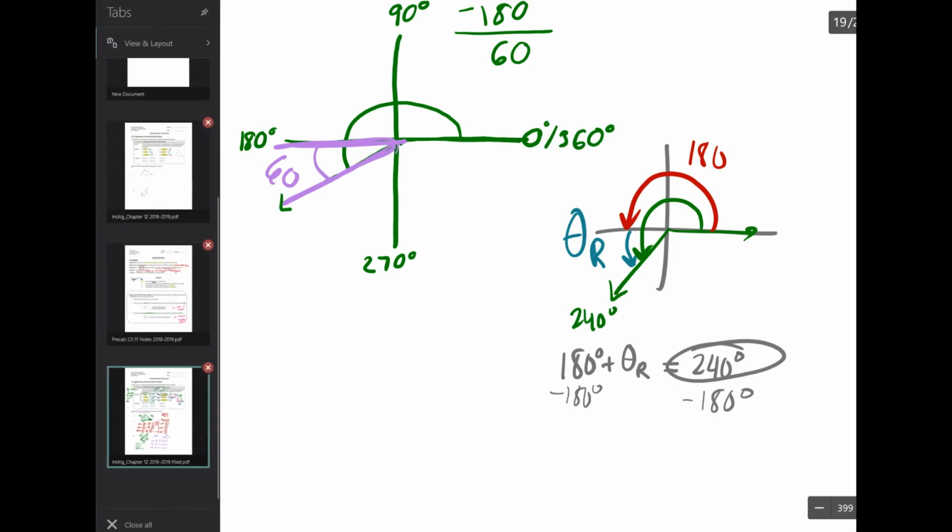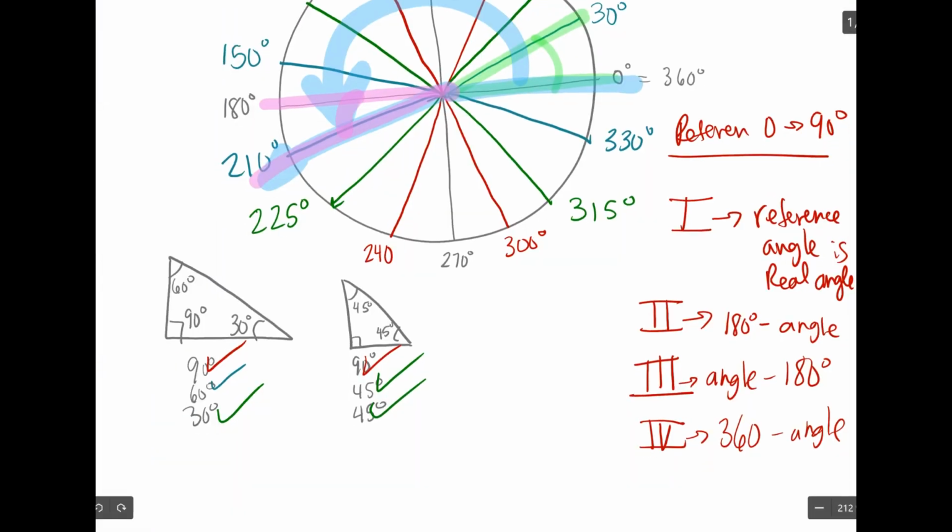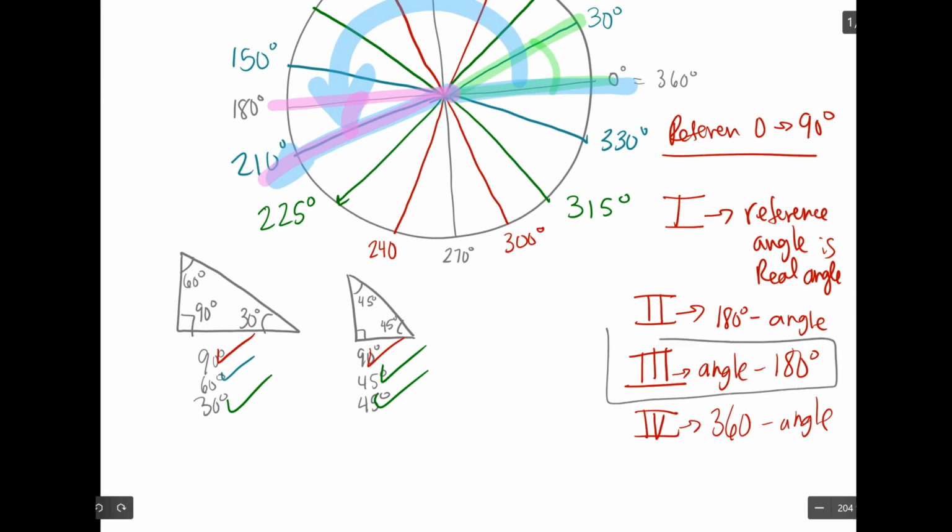So I'll go back to this document. So in quadrant 3, it's your angle minus 180. And that will give you how many degrees are between the x-axis and your terminal side. So the next logical thing would be to talk about if the sine, tangent, or cosine ratio would be positive or negative. Unfortunately, Algebra 2 doesn't get there. We're going to run out of time. We're not going to be able to tell you. But if you're taking trig and advanced algebra,